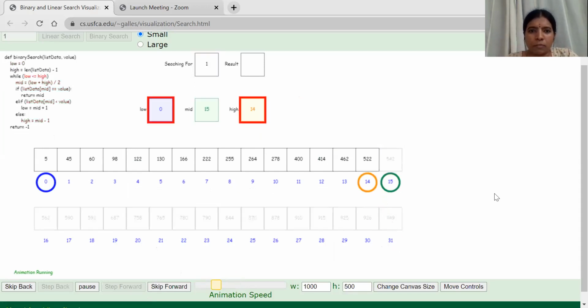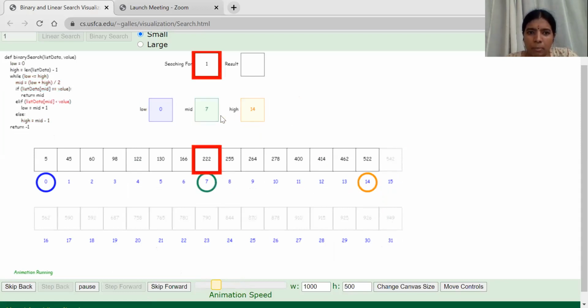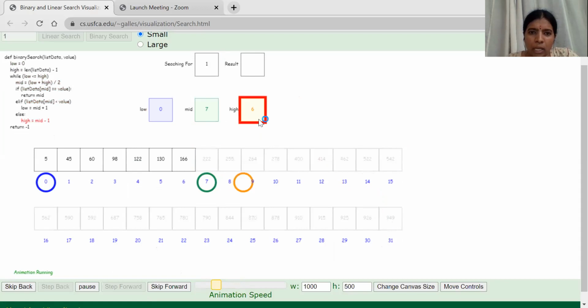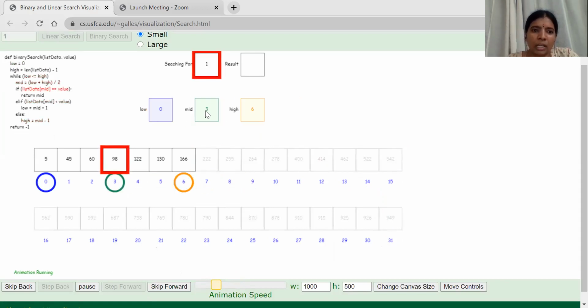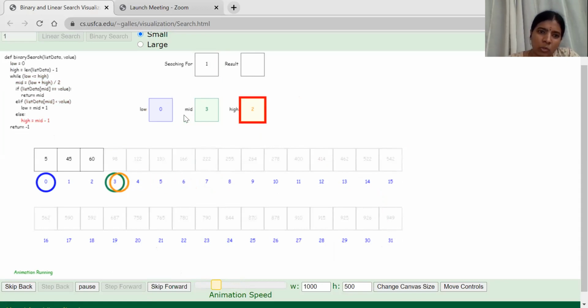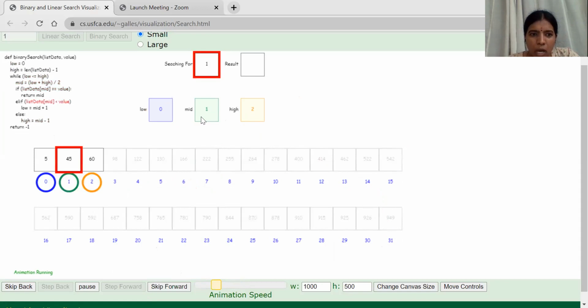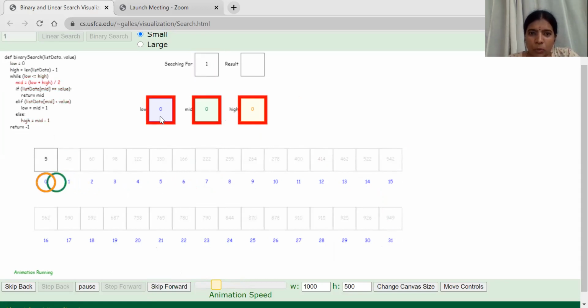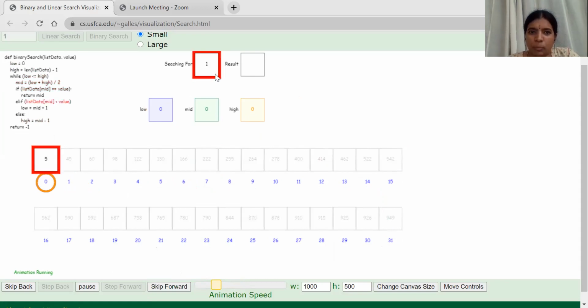Yes, you're searching for 1. Now 0 and 14, the mid element is 7. It will be in the front list. So 0 and 6, the middle element is 3. Again 0 and 2, the middle element is 1. Again, you're searching for the range 0 and 0, low 0, high 0, mid is also 0, but the element at 0 is